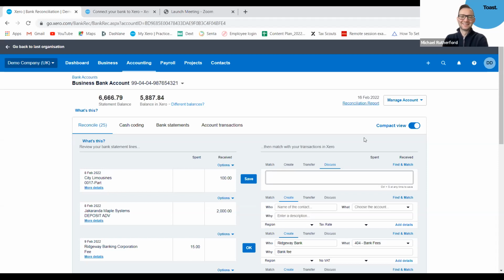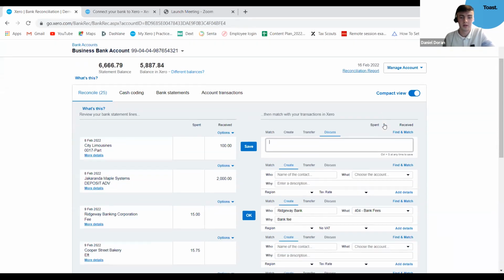That goes back to one of the points I made at the start. One of the benefits that Xero has is that it promotes regular engagement between the user and the accountant as well. So that's another example of that. In the traditional sense, you maybe had to phone your accountant, he's not at his desk, you don't know when he's going to come back, you phone again, you don't get him, all that sort of stuff.